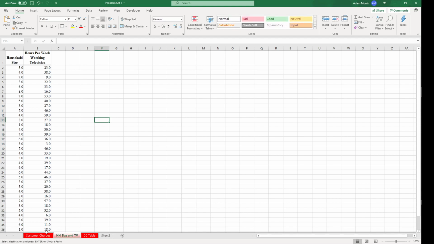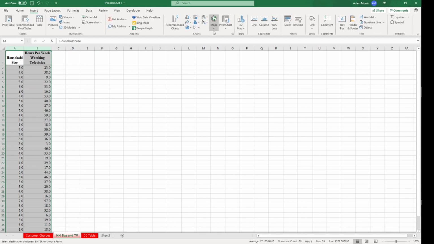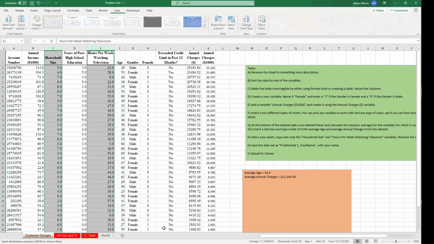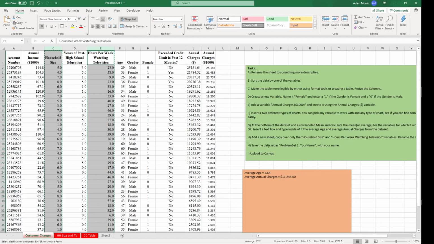Okay, and so that might be helpful if you want to just focus in, if you're going to spend some time playing around with those two variables. Again, you could then insert a scatter plot or insert some other types of visuals, and we'll cover those more coming up. And then